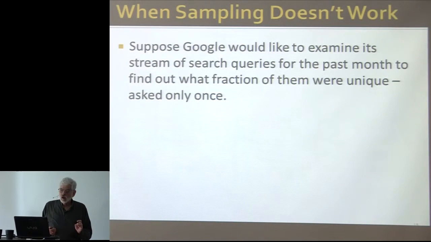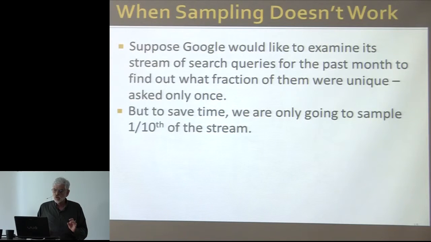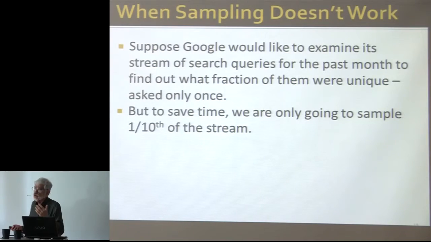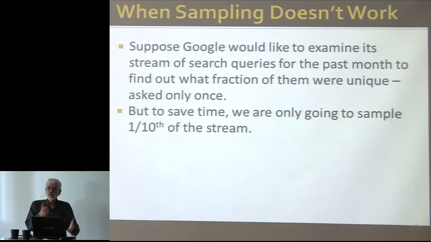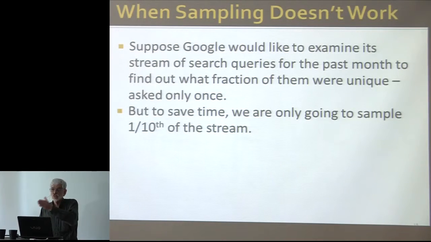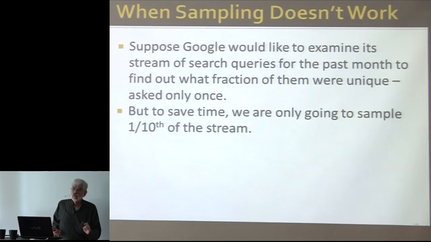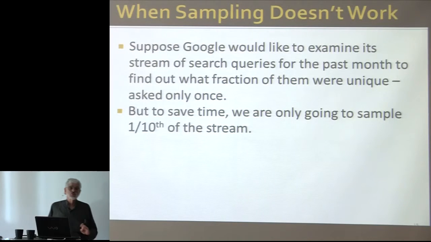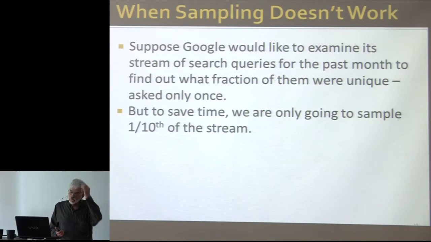But they only appear once. Now, again, you could process the whole stream, but the obvious algorithm is going to require you to record everything you've ever seen and count how many times it appears, or at least count whether it's appeared once or more than once. Once it's appeared more than once, you don't care about it. But you can't forget about it, because if it appears again, you don't want to think that's the first time it appeared. So it's a little messy.